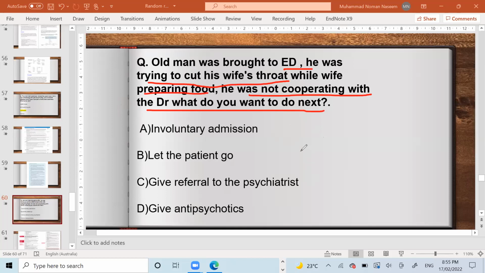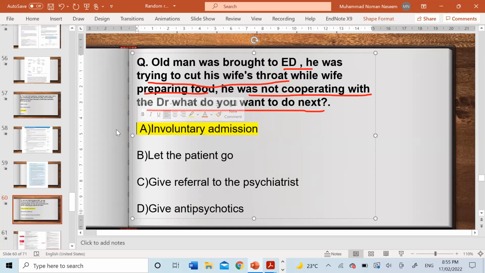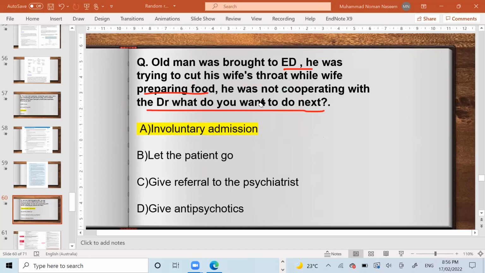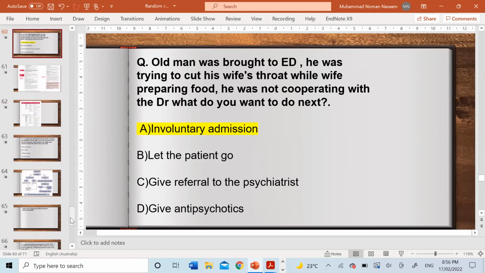D, give antipsychotic. So as we have discussed in the previous MCQ, if a patient is having a psychotic episode, or if the patient is having a major depressive episode of suicide attempt or suicide, then we do the involuntary admission because this person is a harm to himself and his surroundings, not just to himself. So we need to protect the environment as well. We start with verbal de-escalation, calling the security, and if the patient is not cooperating, sedate the patient and do